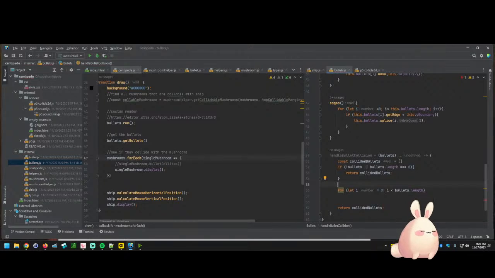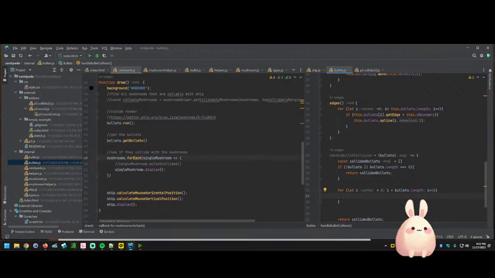And so we'll come over here, because I imagine that as this gets larger and larger, it's going to slow down and it's not going to be very memory efficient. So we need to try to figure out little places where we can use up less memory. So it's going to be i is less than bullets.length, and we'll say i++. So we'll go through each of the bullets, and what we'll do is